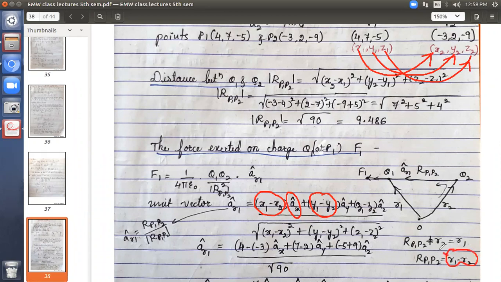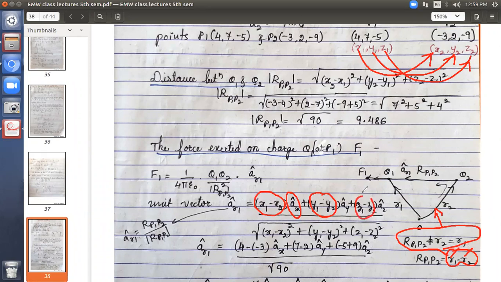And how did we get this? Through this equation. How did we get this equation? Through the application of the vector addition rule for this triangle. So I hope you understood why it is x1 minus x2, and why not x2 minus x1. Because the suffixes are R1 minus R2, subtract the first point minus the second point.